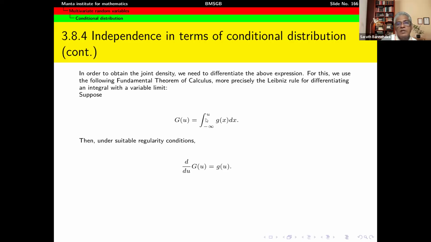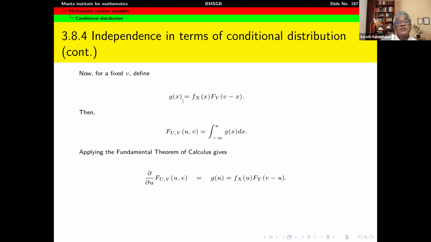So that is the fundamental theorem that we are going to use here. Of course, we are going to do this differentiation twice in this case. So let us first fix this value. Now, what we have here is f_X(x) and F_Y(v − x). Of course, it is a function of two mathematical variables, v and u. But let us first fix the v value and consider it as a function of x only, simple x, and